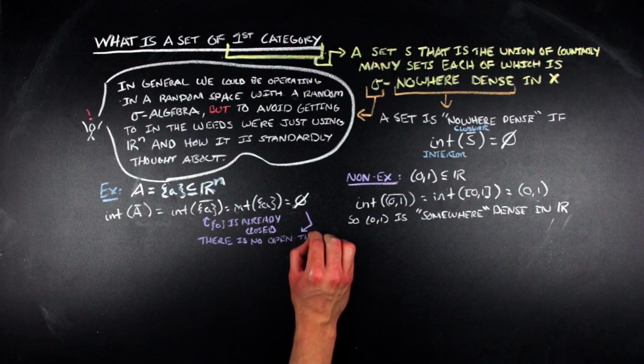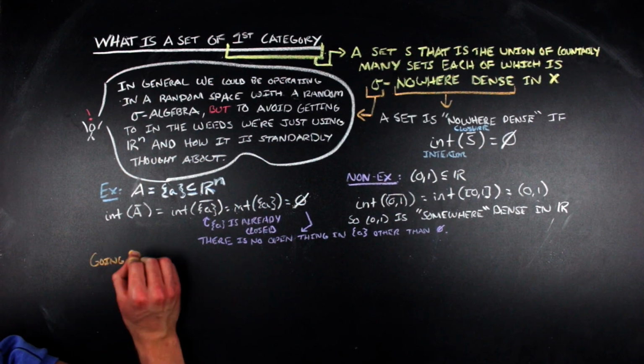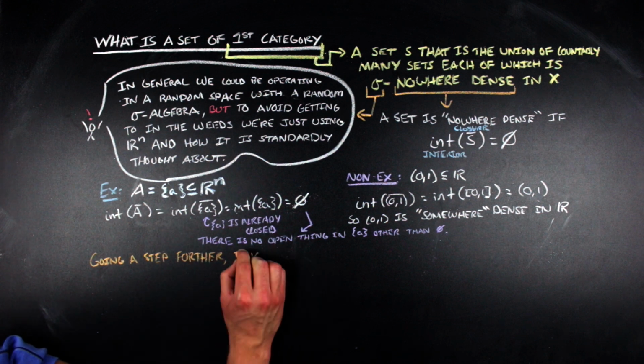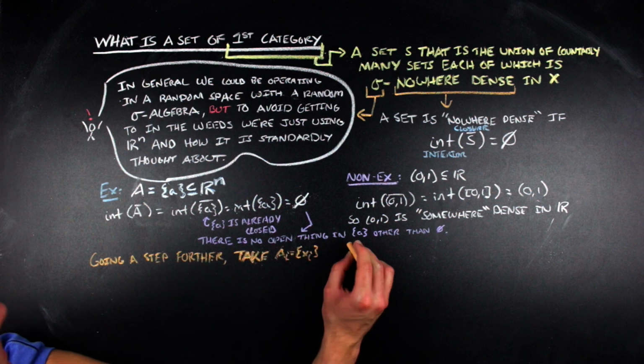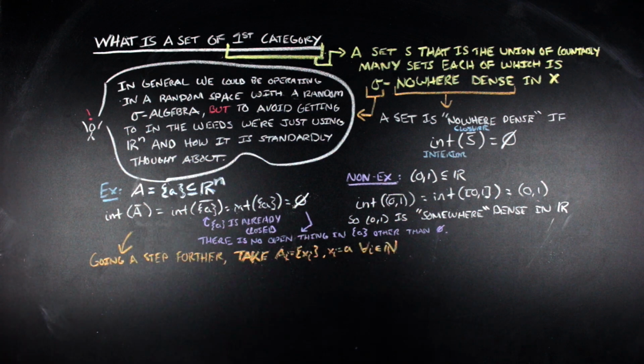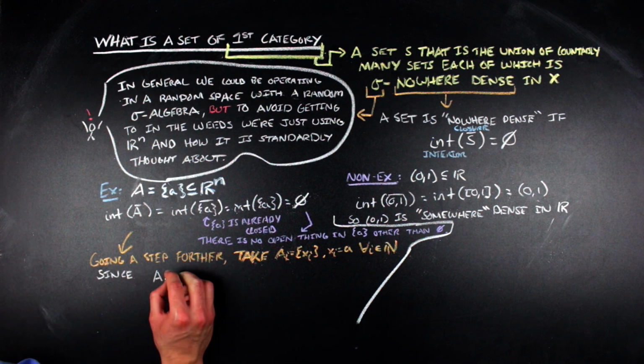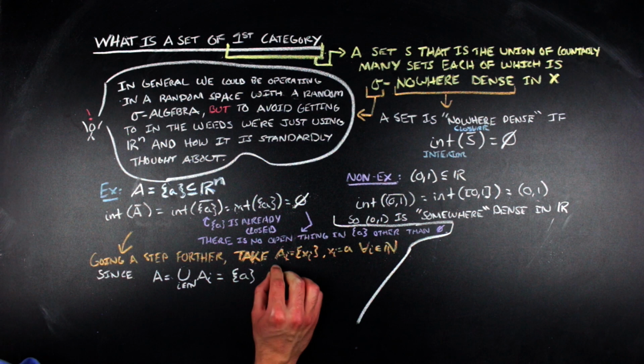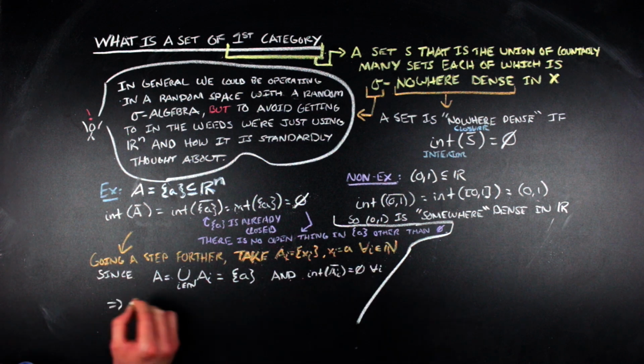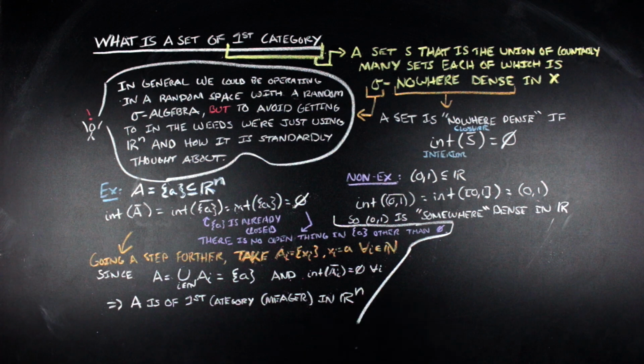And so now that we have a singleton as an example of a nowhere dense set, we can really just overcomplicate this example to make it fit the definition of a set of first category, so that we're explicitly giving an example of the definition. So what we're going to do is define a countable collection of sets where those x sub i's are equal to A, the single element in our set A. Since our singleton set is also the countable union of these singletons, and since each one of those singletons in the countable collection is a nowhere dense set, we then have that the singleton A is of first category in